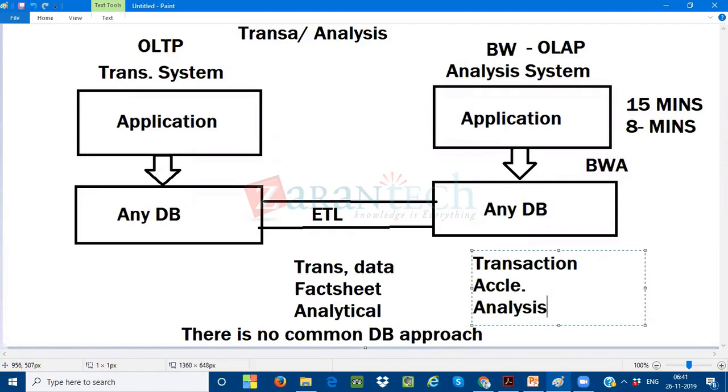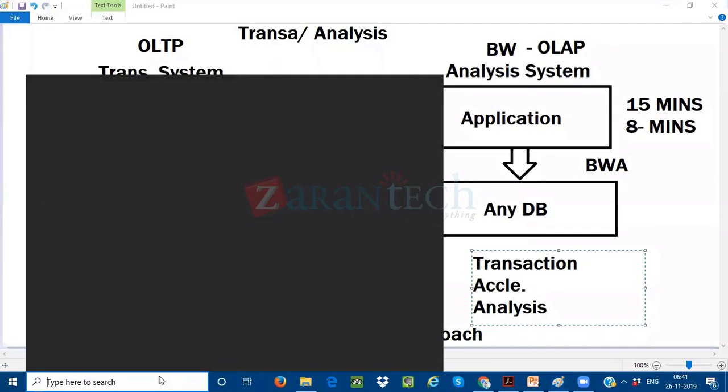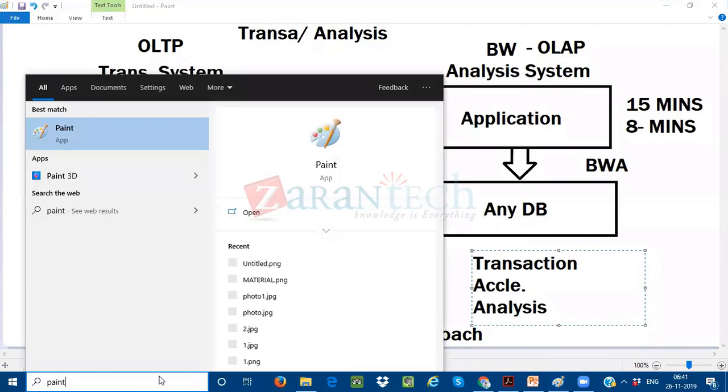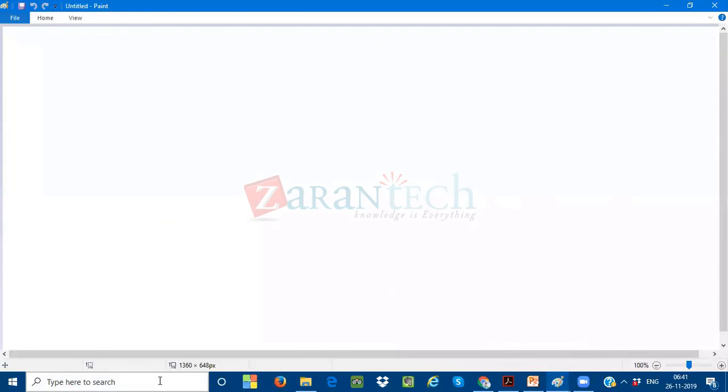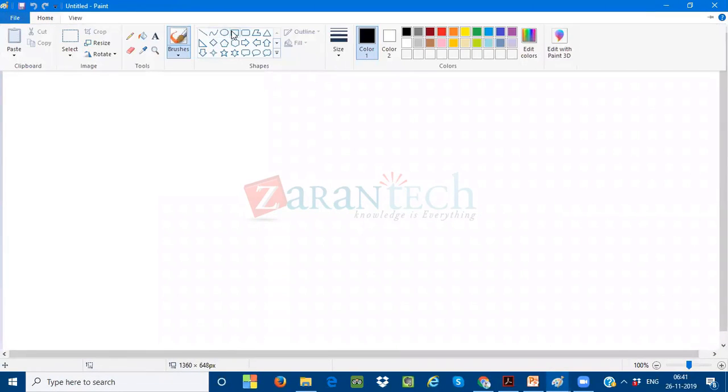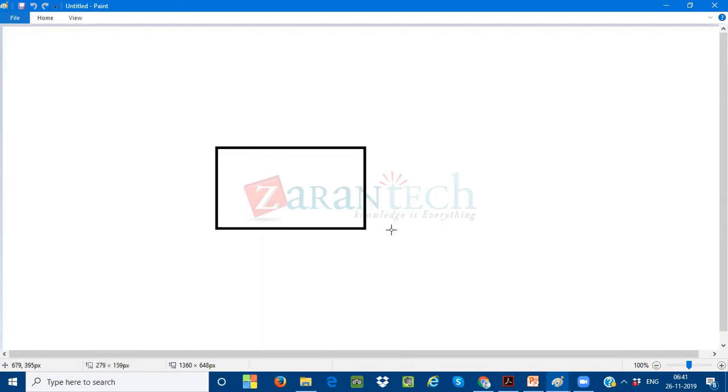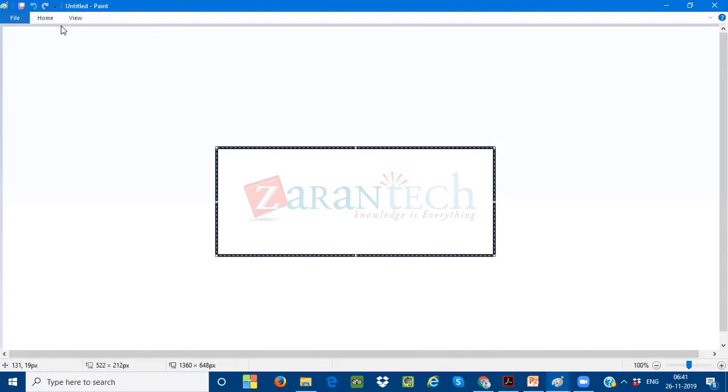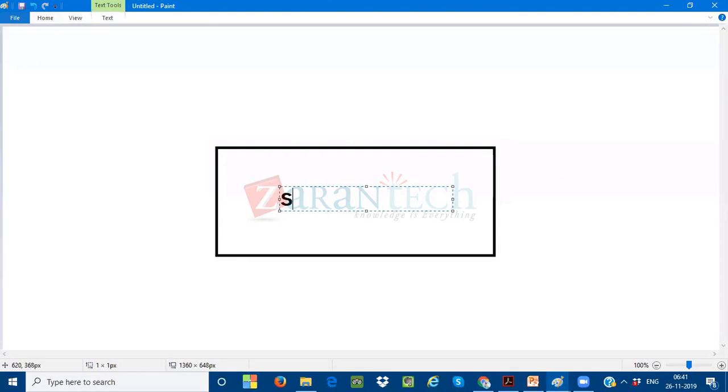So in 2011, in the second quarter of 2011, SAP came out with a new database which we call the SAP HANA database. Now I'm going to take the new database into the SAP world. It's a big database. I can call SAP HANA a big database.